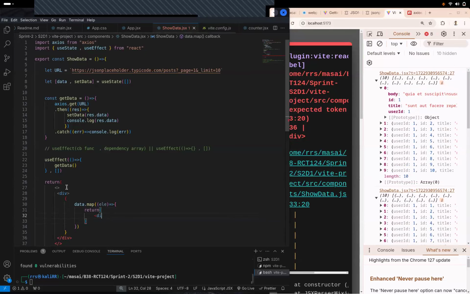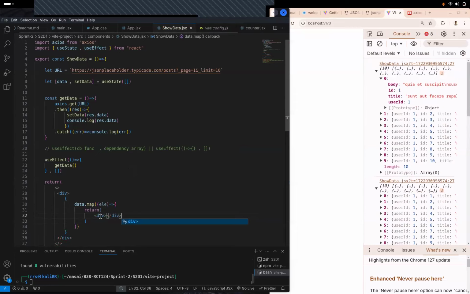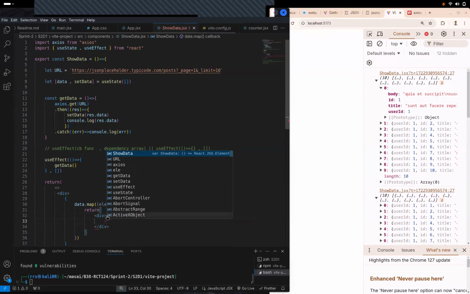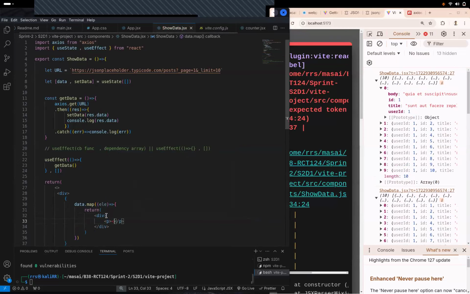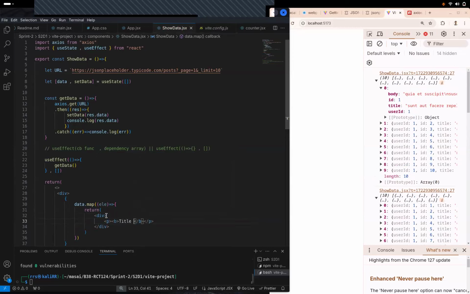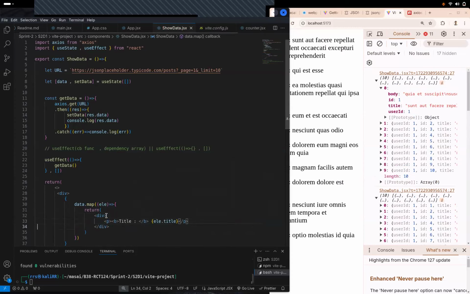Okay. And now in this div, I want to have a P with a B, and this will be the title, and the output will be element dot title. And similarly, before this, here itself we can have the ID also, right?